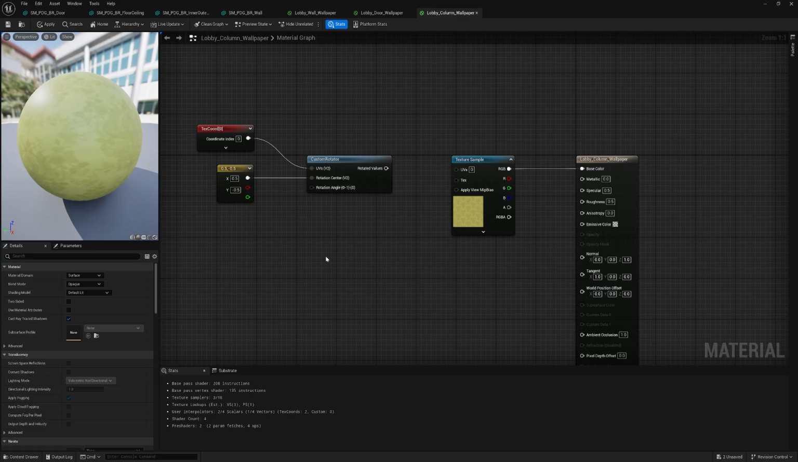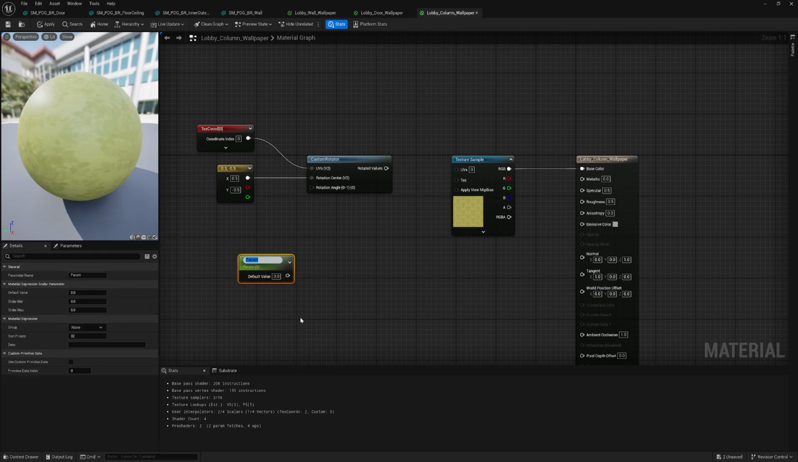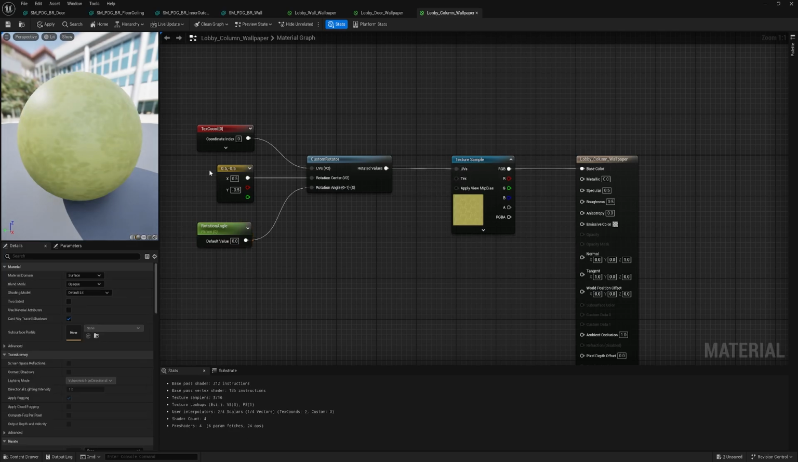And we're going to want a scalar parameter, and we'll call this rotation angle. We'll slap that into the angle, and that just makes it easier for us to manipulate that in a bit. And we can plug this into UVs. Now, if we just apply that